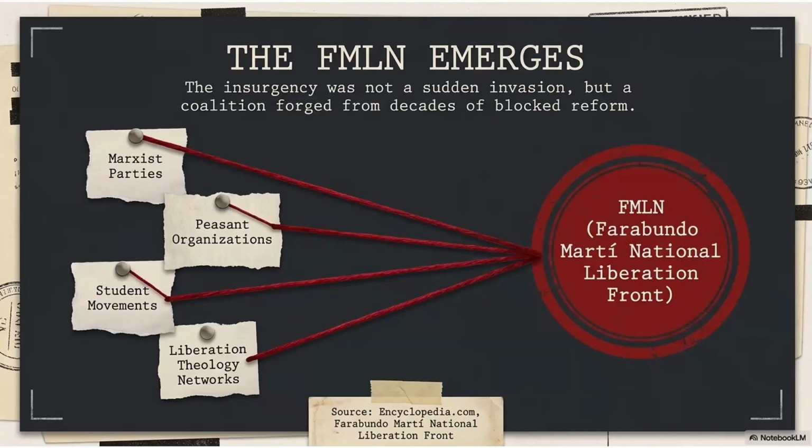Now, we should be precise. The FMLN was an armed revolutionary organization. It fought a war. It received support from Cuba and Nicaragua. It was shaped by Marxism and revolutionary socialism. But the US frame often reduced it to foreign communist interference, as if the movement had no real Salvadoran roots. The reduction is misleading. Foreign support helped the FMLN, but it did not create land inequality, the 1972 fraud, the 1932 trauma, or the death squad repression. The FMLN became possible because Salvadoran society had already made peaceful transformation seem impossible to many.